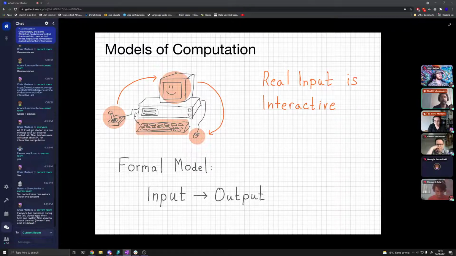And so the formal model here is sort of inadequate to properly model the way that we actually use a computer. And this means that when you're doing math about a computer, you're going to struggle a bit to capture the concerns that naturally come up when you're building interactive systems.